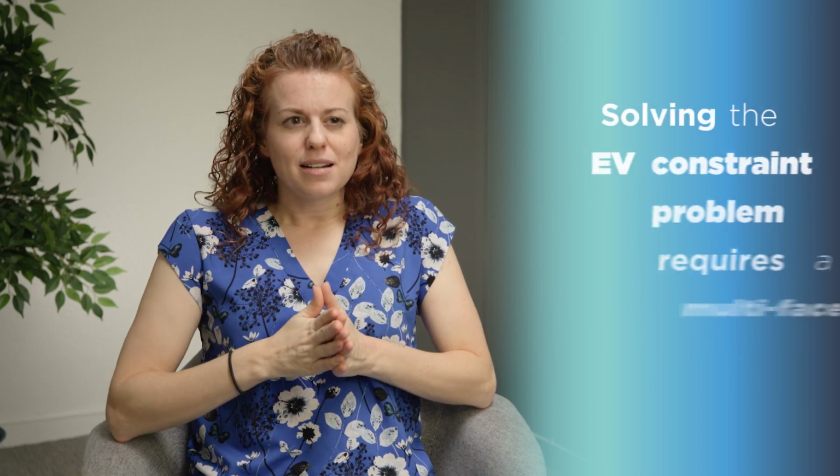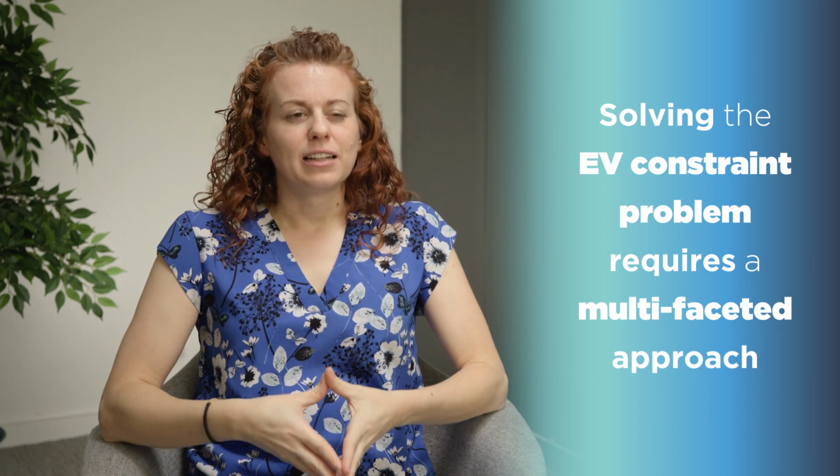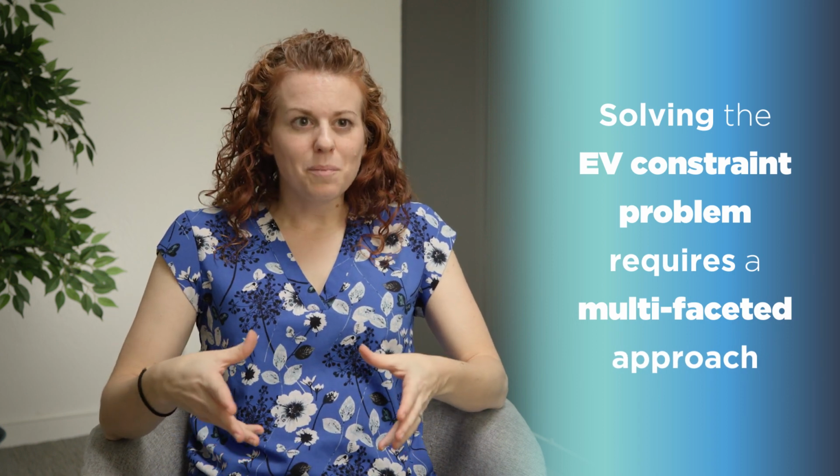And so we really need to think about a multifaceted approach to how we're solving the EV constraint problem. We want EVs to be a net positive. And so we can't unnecessarily burden customers or ratepayers who don't have EVs. So we need to develop portfolios of EV programs and not allow free riders or customers who really don't provide